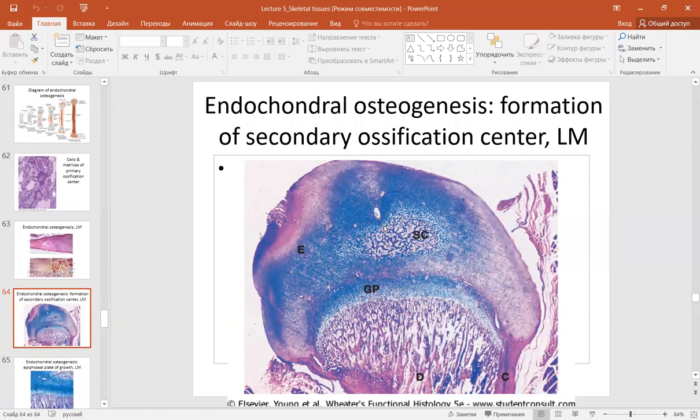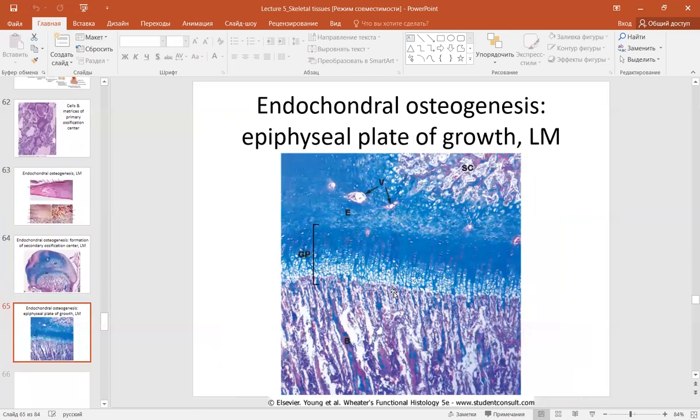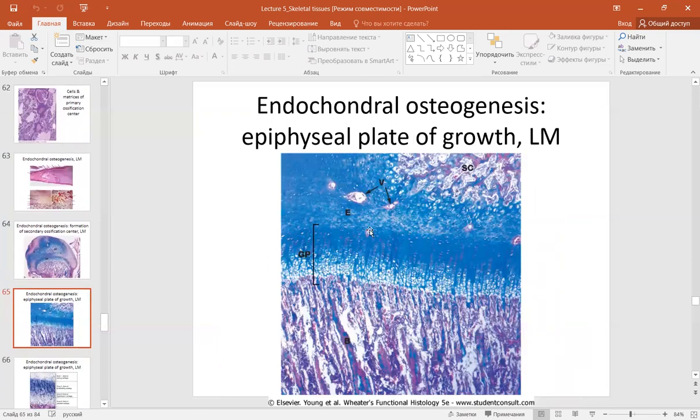The secondary ossification center, the epiphyseal part of the long bone development, growth plate, meta-epiphyseal plate of growth, and the diaphyseal ossification. In between the secondary and primary ossification center is located the growing plate of the long bone. Growing plate